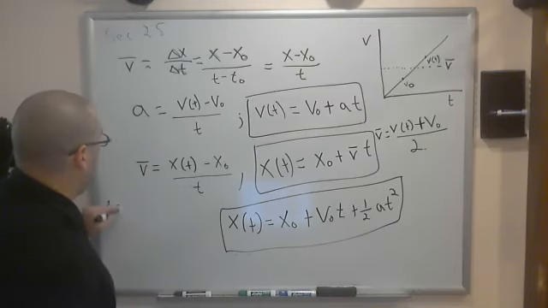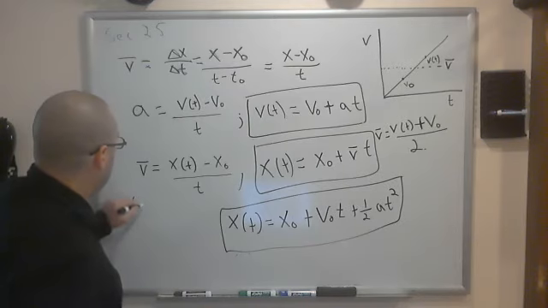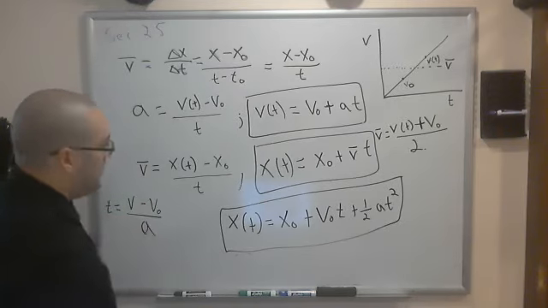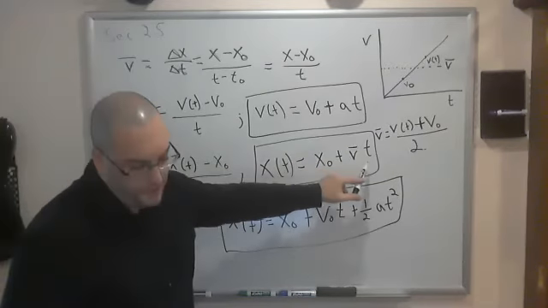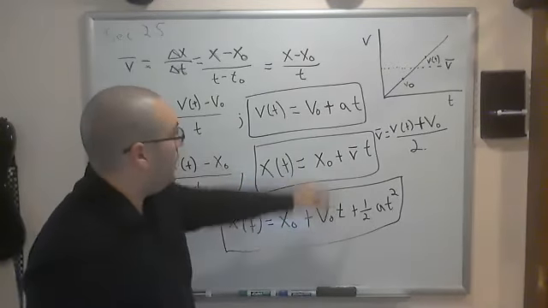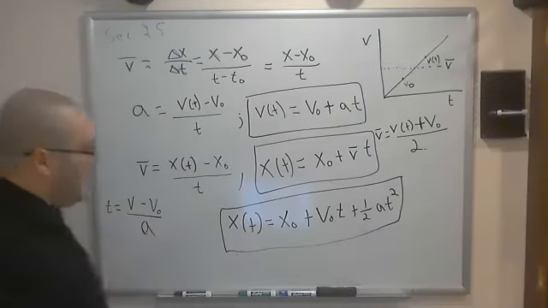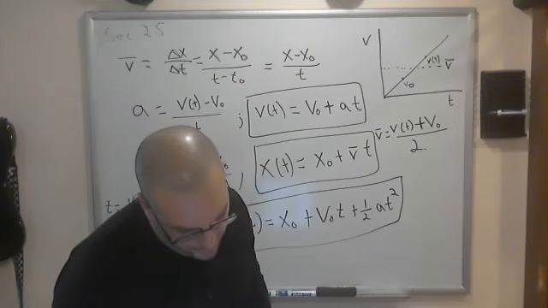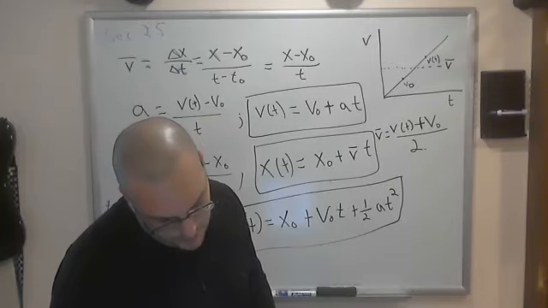If we solve for t, we'll get v minus v naught over a. So now instead of using t, we use a, and you could look it up in the book for the exact derivation, but it ends up coming out to be